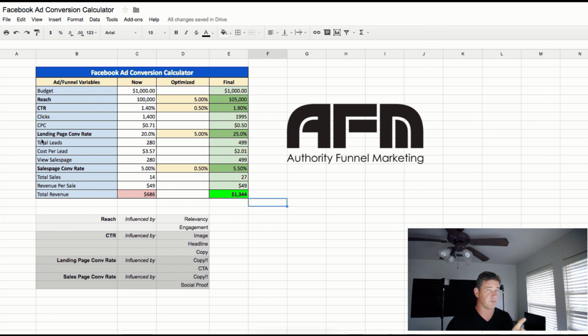The first thing you need to know before you even start this at all is your budget. Okay, now how many times have I asked somebody, what's your budget? And I got this answer: well, that depends on how it's converting, or my budget's unlimited. And you know what I do when I hear that? Boom, I slap the person. Actually, I don't, but I want to, because everybody has a budget.